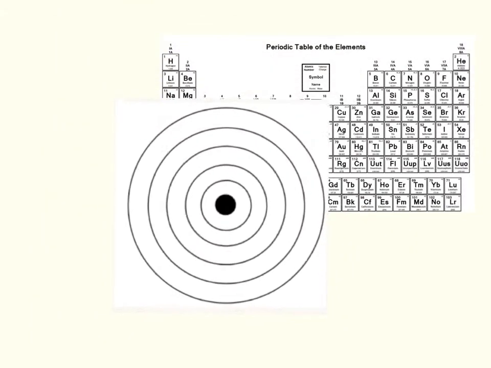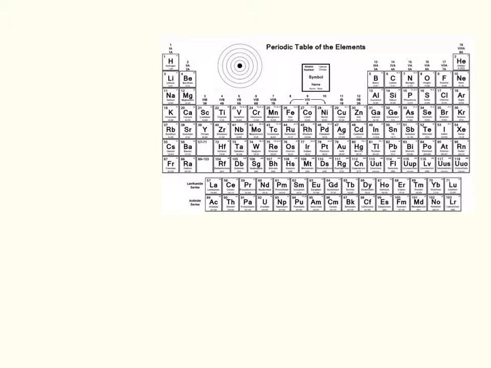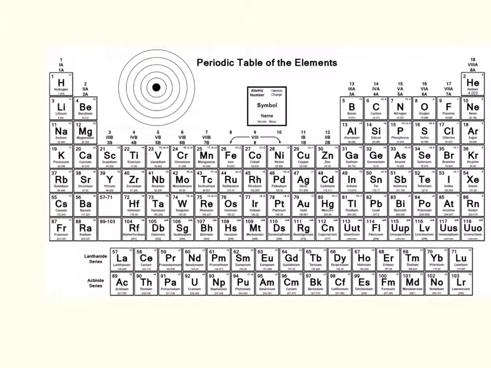Okay, so part of what you're expected to do in 9th grade is to be able to draw a Bohr model diagram and to relate that diagram to the number of valence electrons that each element on the periodic table actually has. The periodic table is laid out in a way that is correlated to those energy levels on the Bohr model diagram. If we're looking at row 1,